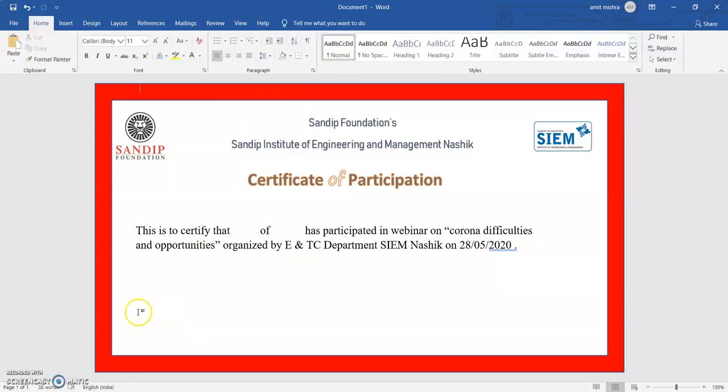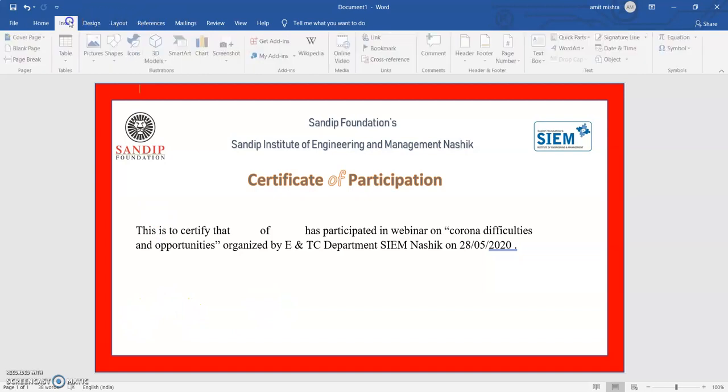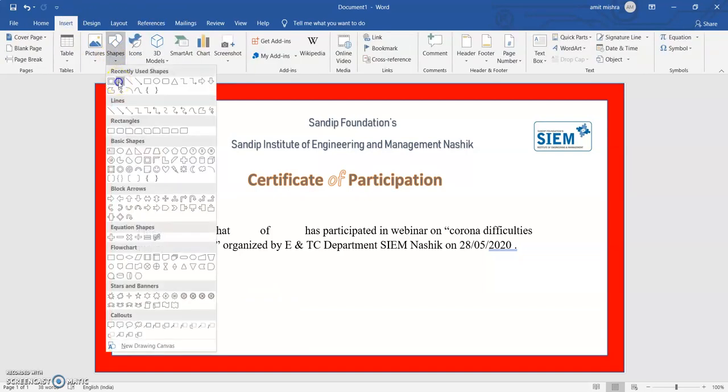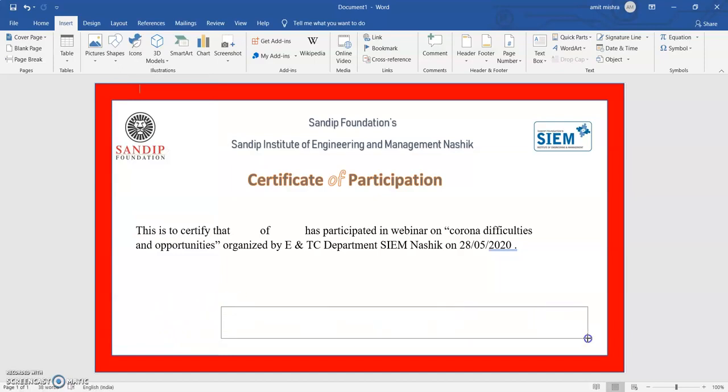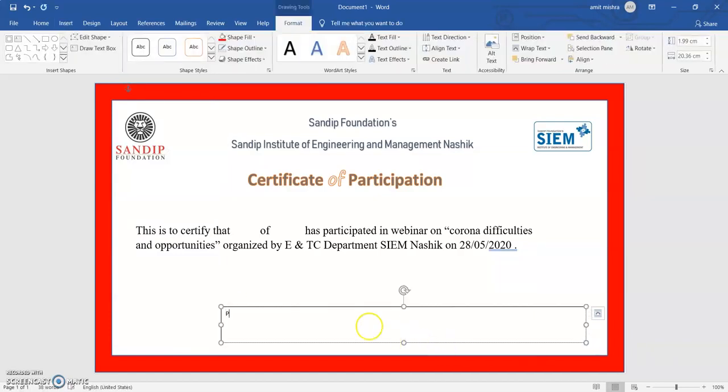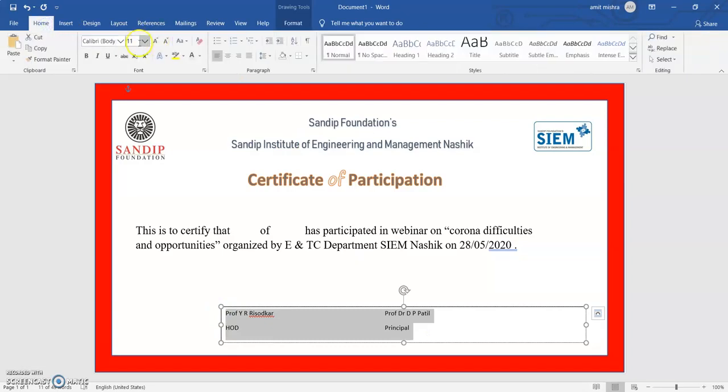Now I want to put some signatures over here. So what I have to do is, again I will go in Insert, go in Shapes, choose this text box, and write over here, in this fashion. Then I can change this font color, font size, depends.